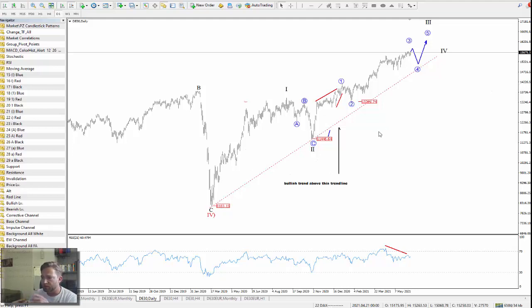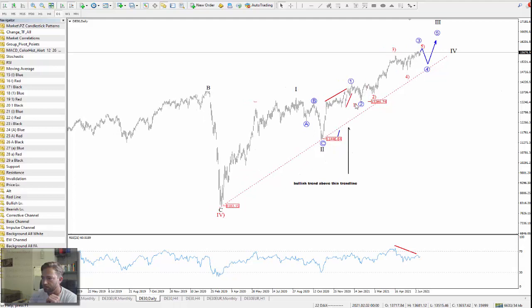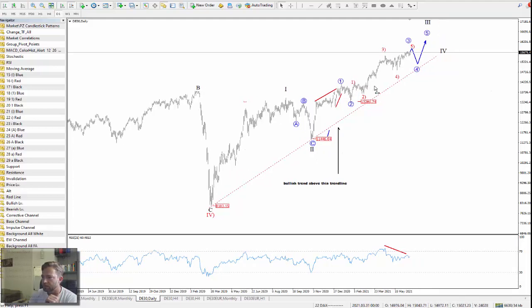Now, from an Elliott wave perspective, what we see here is again potential final stages of a wave 3. Now, wave 3 is also an impulsive wave, meaning it should be made of 5 subwaves. Here we have waves 1, 2, 3, 4, 5. Let me label this for you, for easier understanding. So waves 2, 3, 4, 5. Let me fix this. Okay. So again, after every 5 waves, we